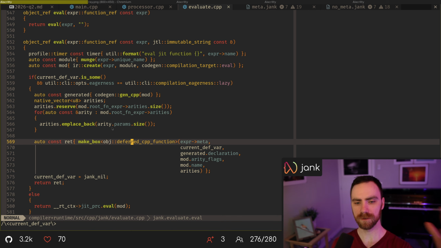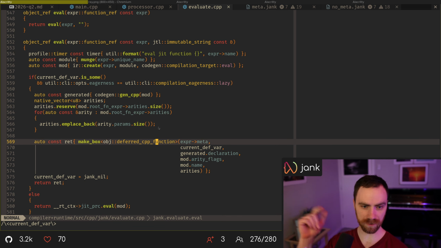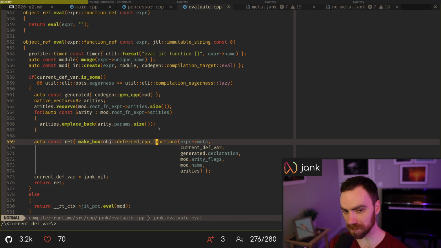You'll still create these deferred CPP function objects for each of those functions, but they're not going to be called during AOT compilation because everything is called from your entry point, which is main, and main's not going to be called from your AOT compilation. It's only called when you actually run your program. So this makes AOT compilation significantly faster because we don't need to actually load all of these JIT compiled functions